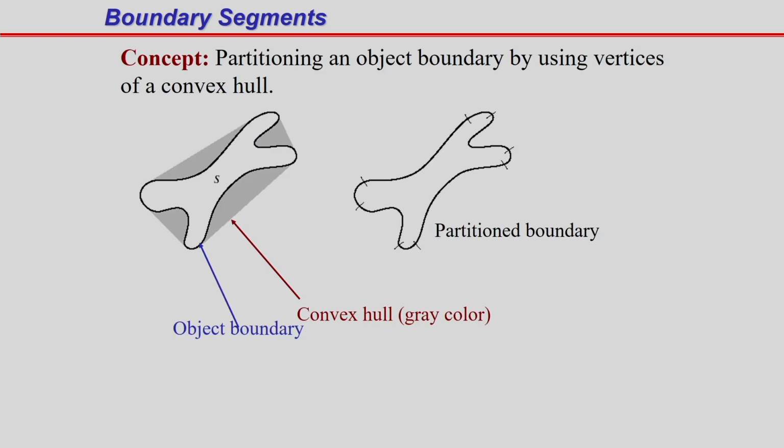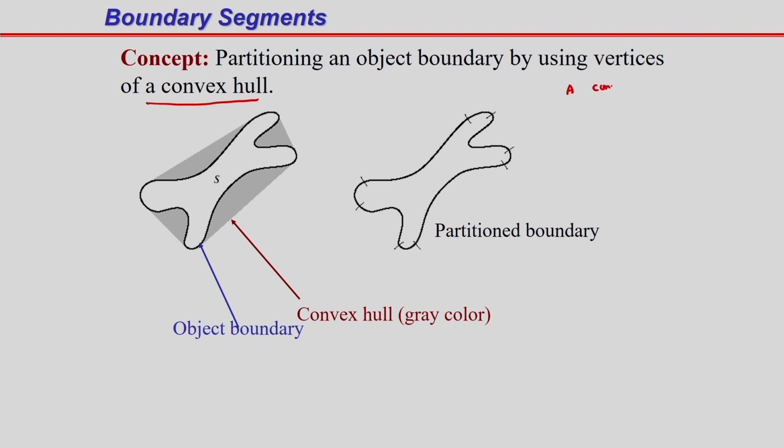This is also a very important technique: I can represent a boundary by a convex hull. First I have to define what a convex hull is. A convex hull H of an arbitrary set S is the smallest convex set containing S. So I am writing here the definition of the convex hull.